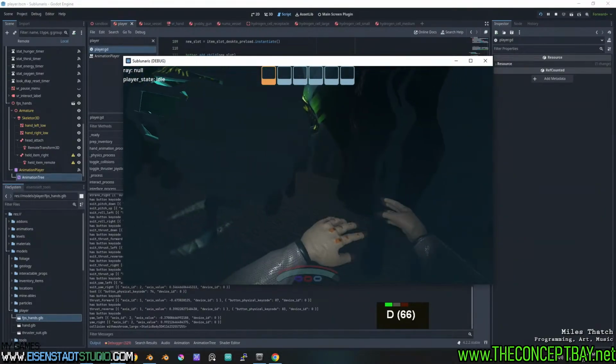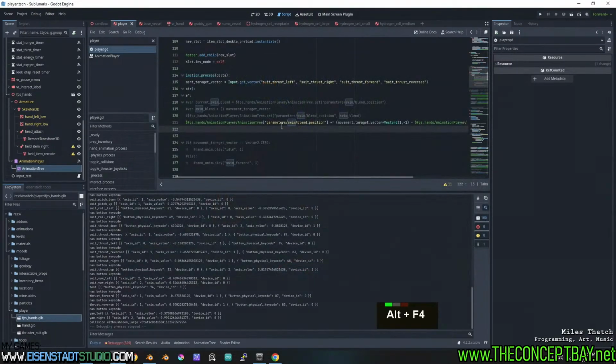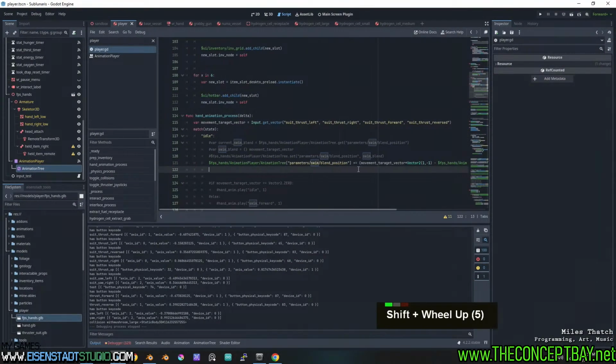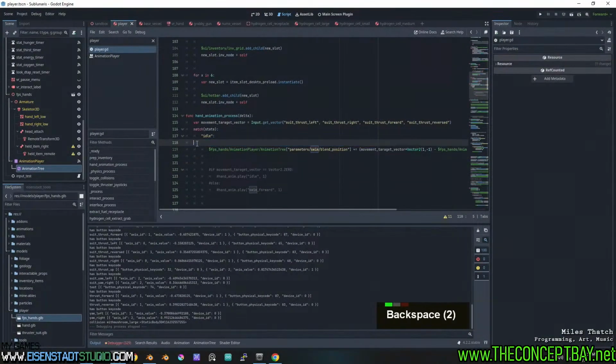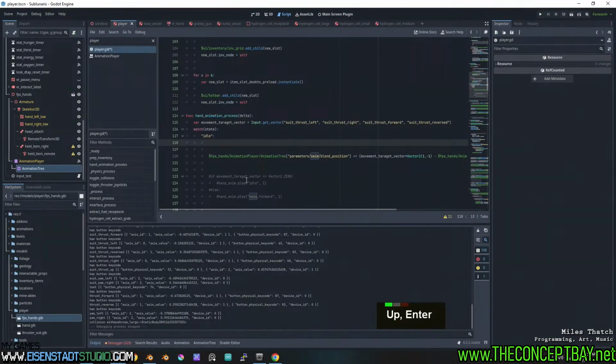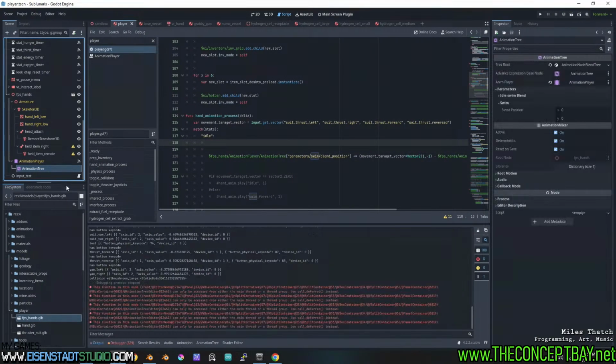Nice. Man, this is actually working. Nice. All right. None of this stuff is required. Okay, so we need to make sure that we transition another parameter, which is going to be the idle,